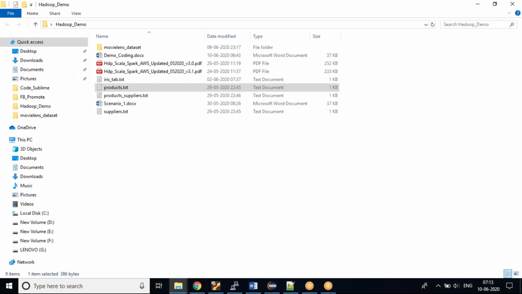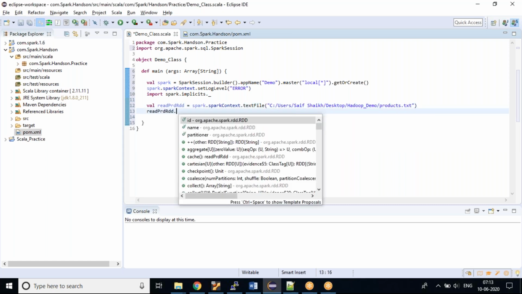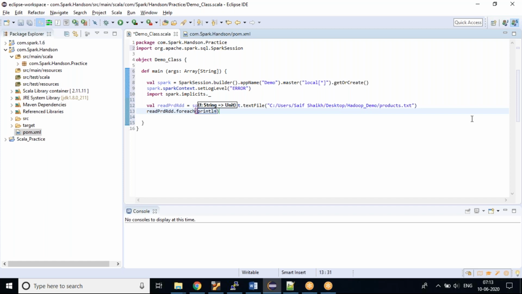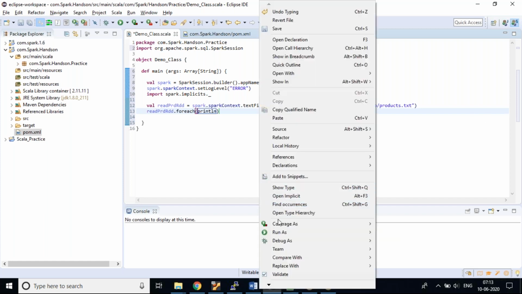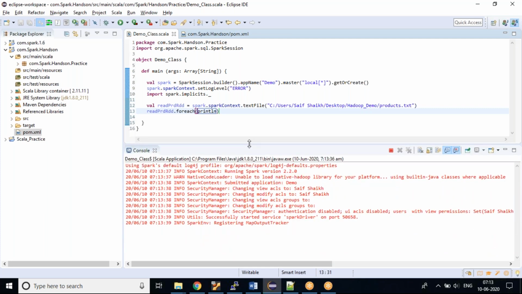And let me mention my file name. My file name is products.txt. Okay, so if you hover over this, can you see this? This is an RDD of string. So I'll just copy this and show you how the data looks in this RDD. Right click this and run as Scala application. It takes a bit of time the first time to build your code. It is building some dependencies and packages, and once this is built, it will start running and show you what's there in your file.